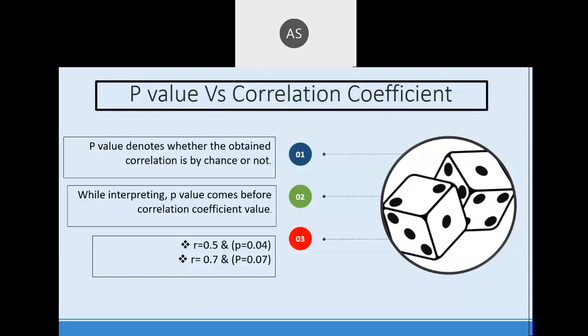Any example for the p-value, the same concept? I have given the examples, and I will give this example again. Let us consider you are doing a correlation study between posture and pain. You have considered posture scores as one variable and pain scores as the second variable, and you got an R value of 0.7 and a p-value of 0.07, and you have kept the p-value level at